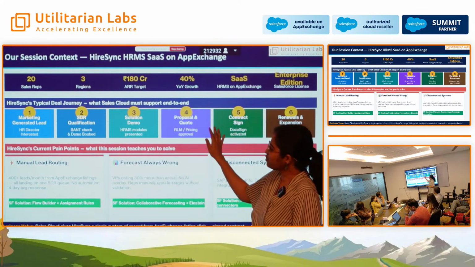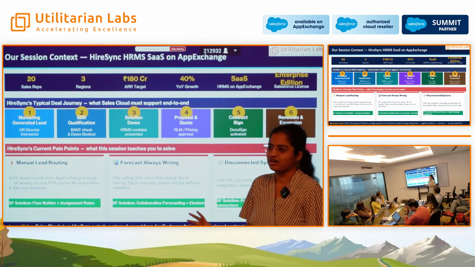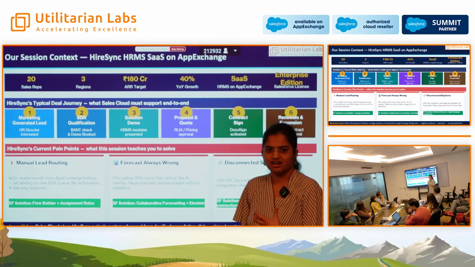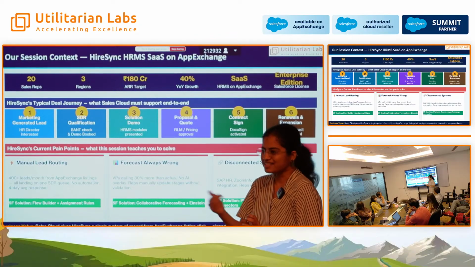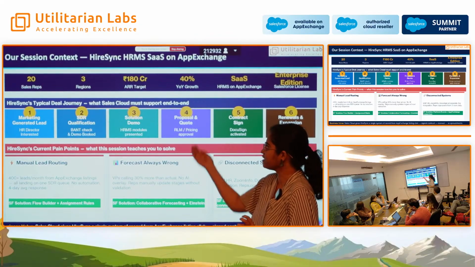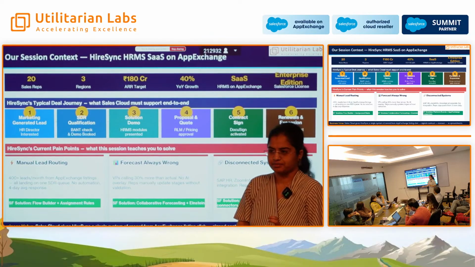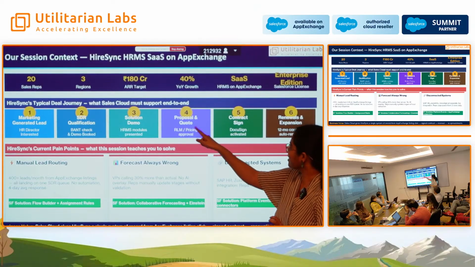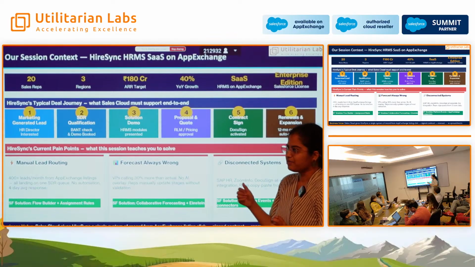And then once they are okay with the demo, we can go for proposal and quoting. What are the add-ons they'll need, what are the features they'll need, any customizations needed. Based on that, we'll be selecting the SKUs and giving a proposal to them. And once it is approved, it will go to the negotiation stage of the opportunity, and we'll be freezing the